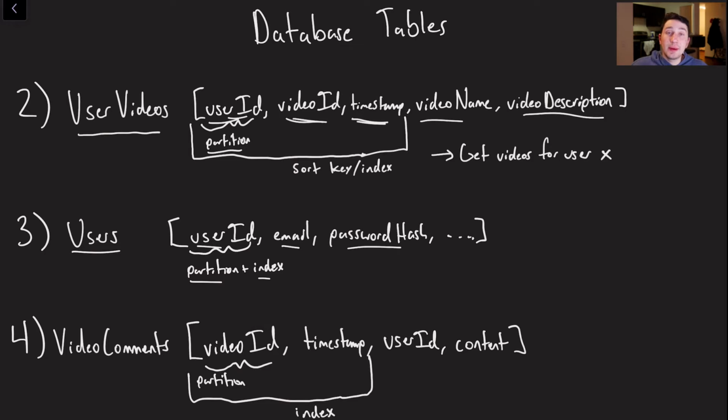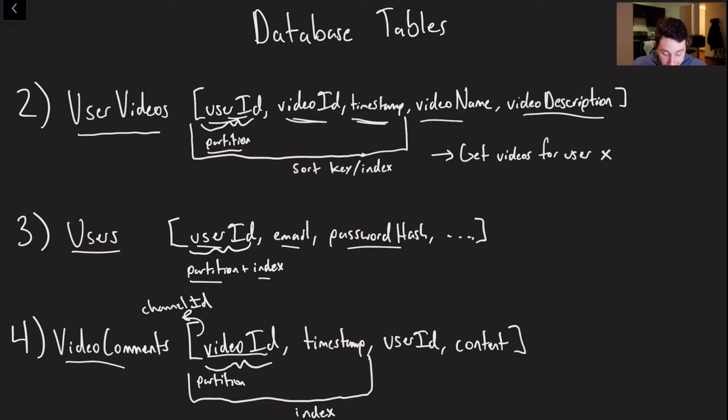The last aspect of at least this slide here is going to be the video comments table. For this one, we've actually got a video ID, and I should preface this by saying that in reality it would probably be a channel ID and a video ID, because eventually that's how I'm planning on uniquely identifying a video: a combination of some channel name and the video ID that comes with it. And so we can partition on that